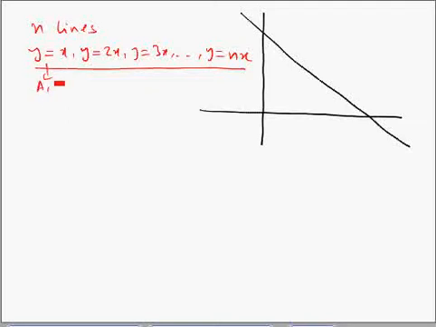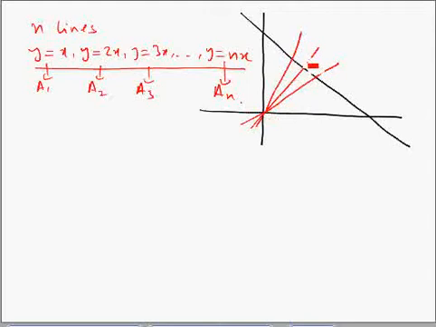So this is intersecting in a1, this is intersecting in a2, a3. In general, y equals nx is intersecting in an. For example, y equals x, y equals 2x, 3x. So this point is a1, the line is y equals x, point is a1, the line is y equals 2x, point is a2. Now what we need to show is this variable line, and I forgot to mention this condition